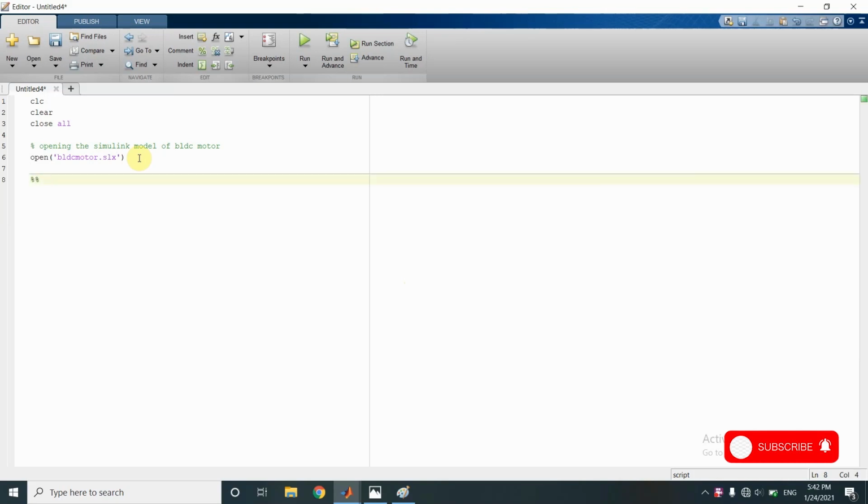Next, we come to our problem definition part. In this part, we will define our objective function, the algorithm variables which are to be tuned, or we can say whose values are to be found in order to find the minimum of our objective function, the maximum and minimum values of variables, that is the lower upper bound of the variables, maximum iterations and number of populations. These are the things that we will define in this part.